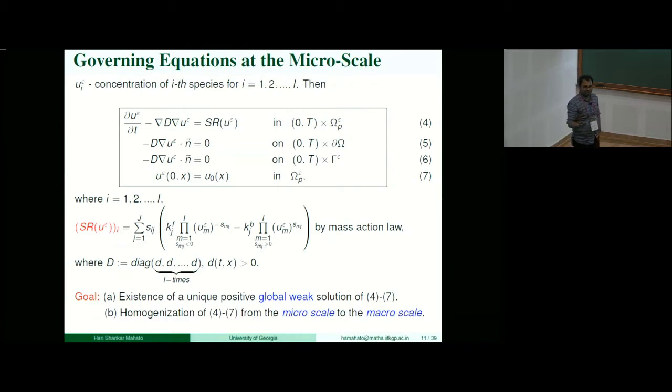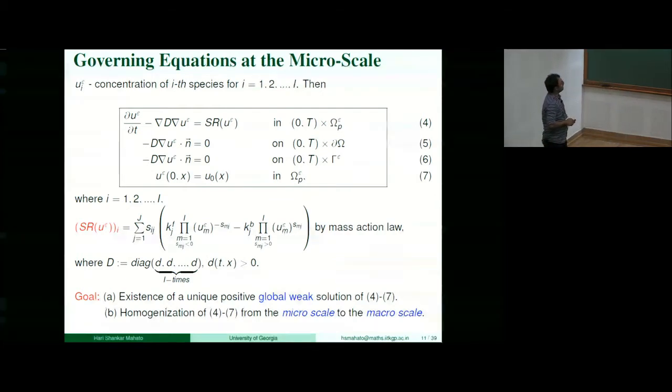In the homogenization community, it is well known that if you have a nonlinear term, then you need some kind of strong convergence to pass the limit. It doesn't matter whether you have an L2 setting or an Lp setting. If you have a nonlinear term, you always try to obtain some kind of strong convergence for the solutions so that you can pass the two-scale limit. So all these things can be answered for this model.